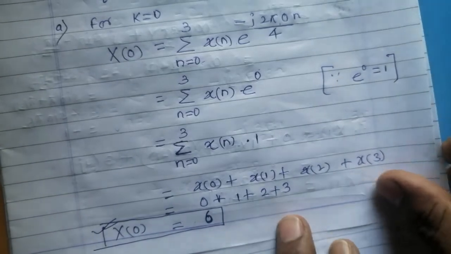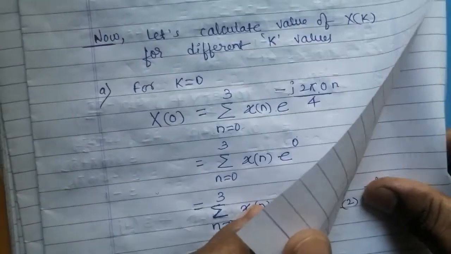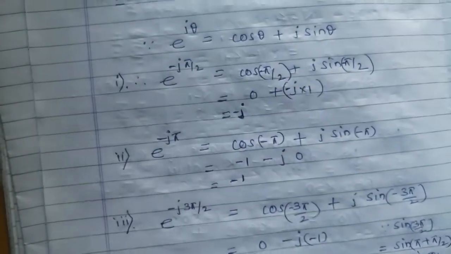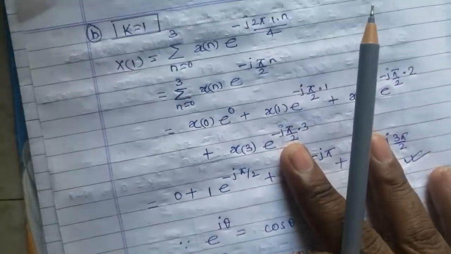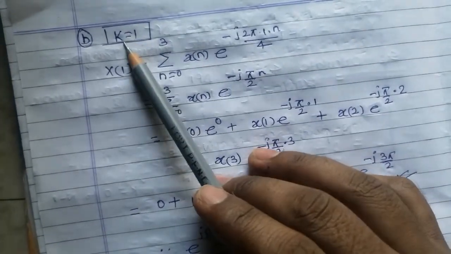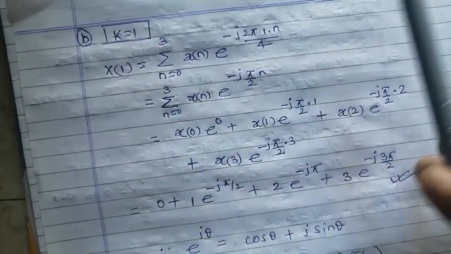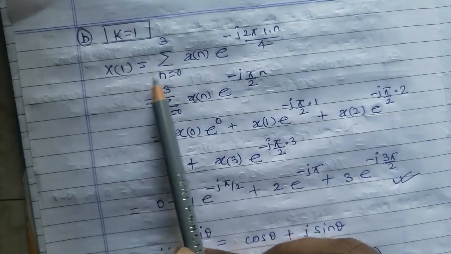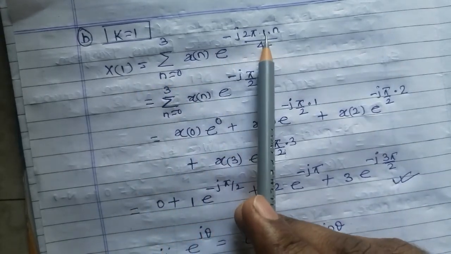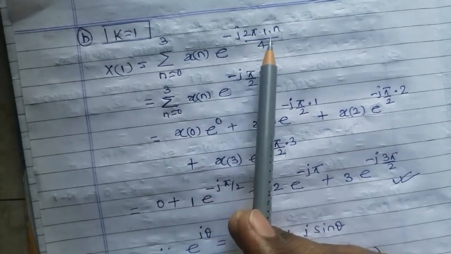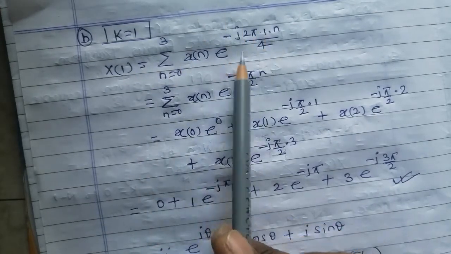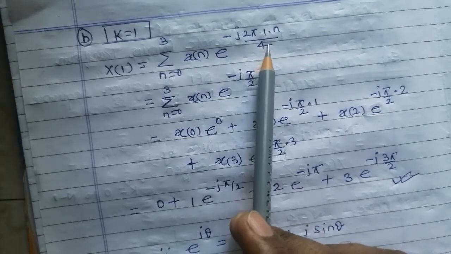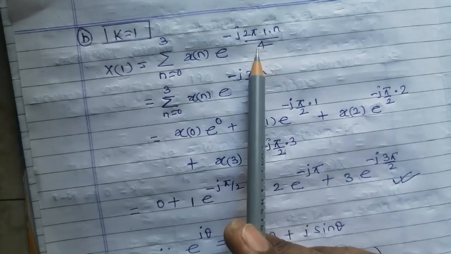So we have obtained the first sequence, that is x of 0. Now we will calculate similarly x of 1, right? So we see here. Now for the next k equals 1, similarly we will go, and we will try to find the values of x of 1. Again I have placed here k value is 1, and n equals 4 is given. We have to find the 4-point DFT, so I have placed n equals 4 here.